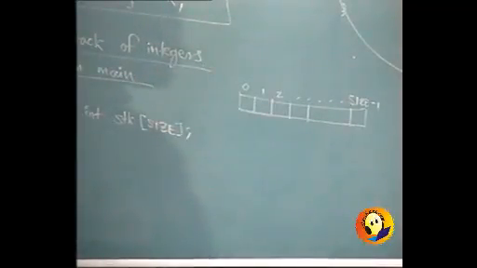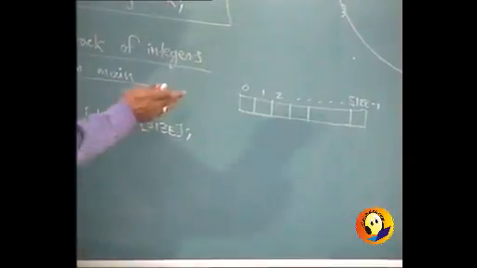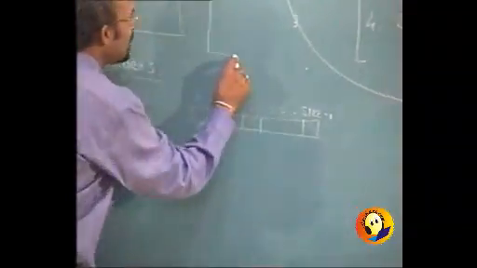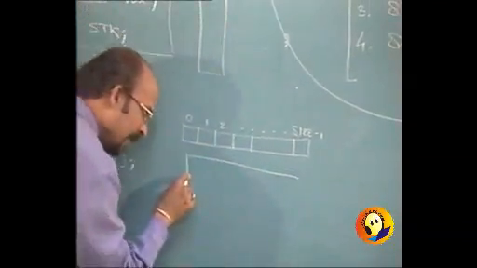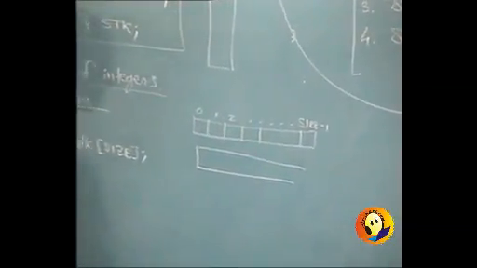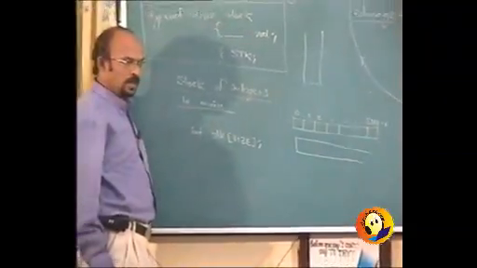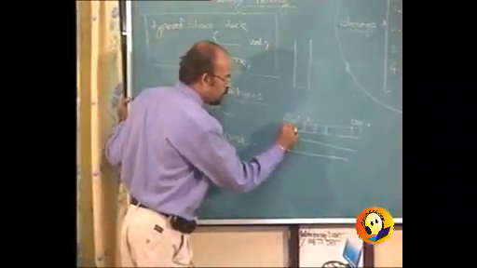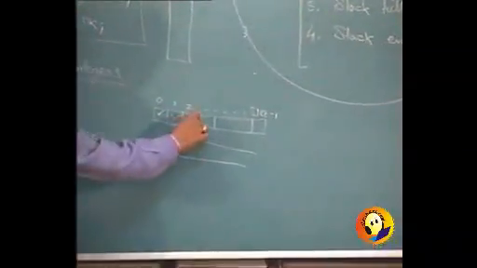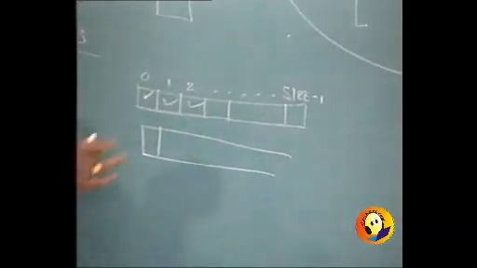Now how do we implement stack into it? One end should be assumed to be the closed end. Drawing it horizontally does not mean it will not be a stack. It need not be always like this. It can be even considered like this. It is still a stack. Right? And so when I put one item, this position will be filled. When I put one more item, this will be filled. When I put one more, this will be filled. When I remove one,